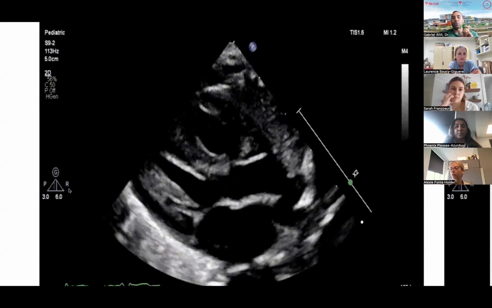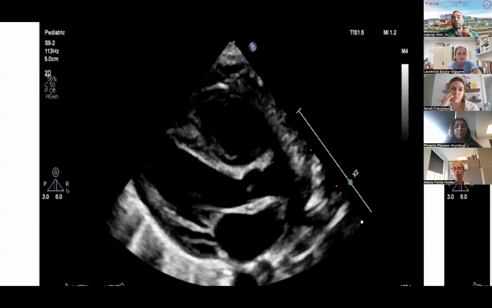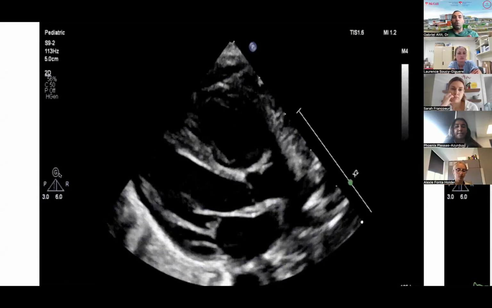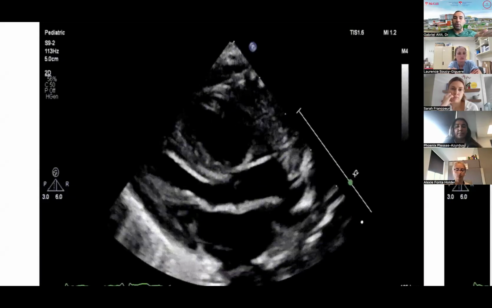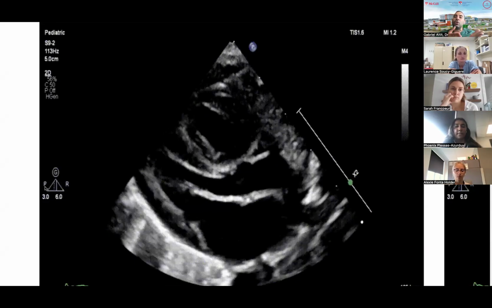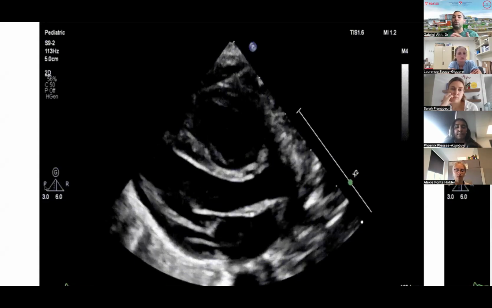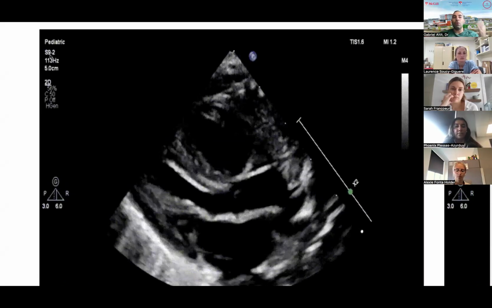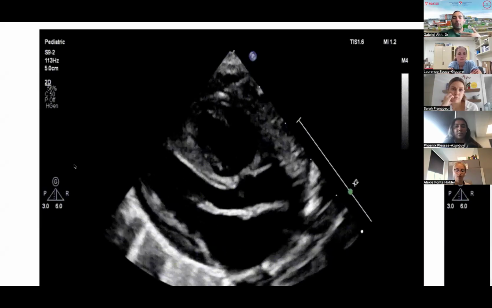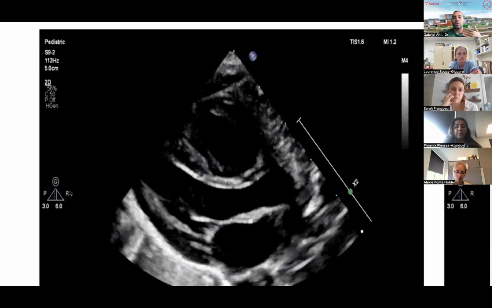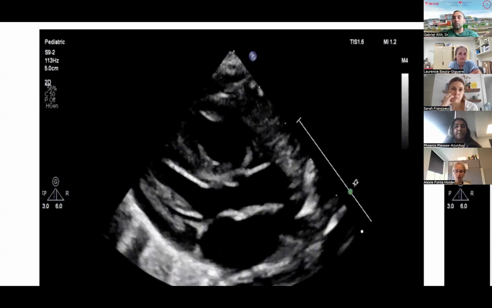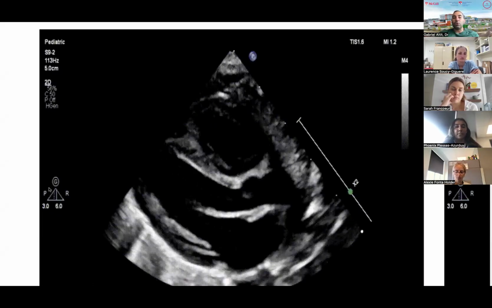You can either use a range that gives more resolution, which uses the higher frequencies, or something in between, or more penetration with a much lower frequency to go deeper, but you lose resolution. So with the same probe, you're able to use something like about 6 megahertz, something closer to 10, 11 megahertz, or something closer to 3 megahertz. And you'll choose whichever you want